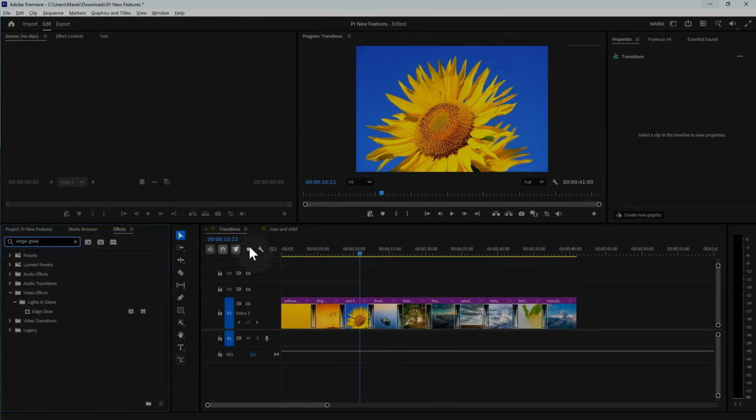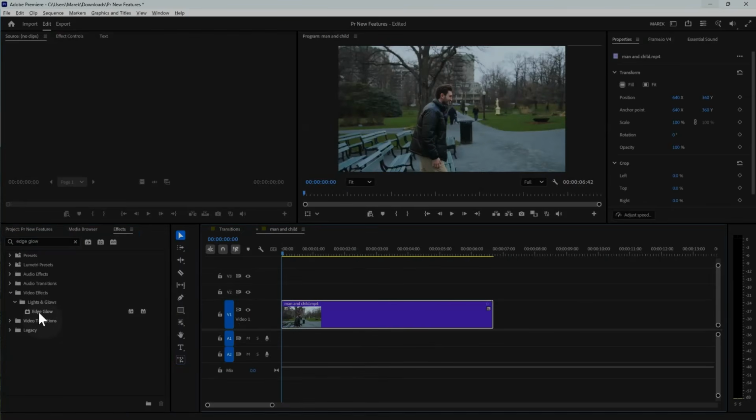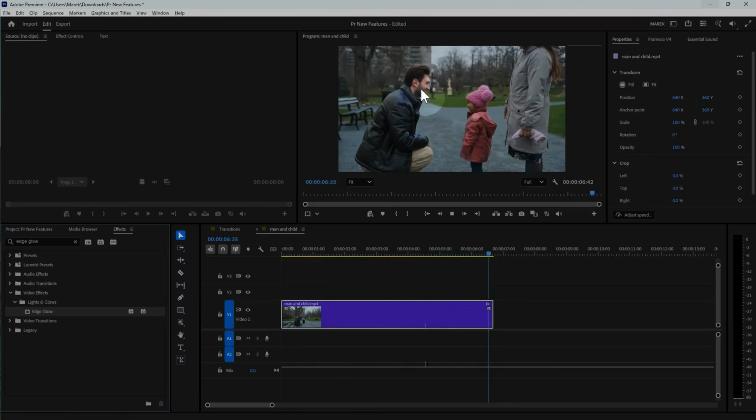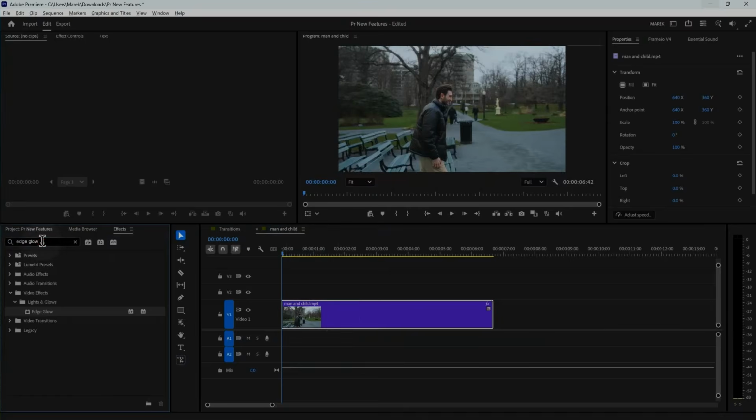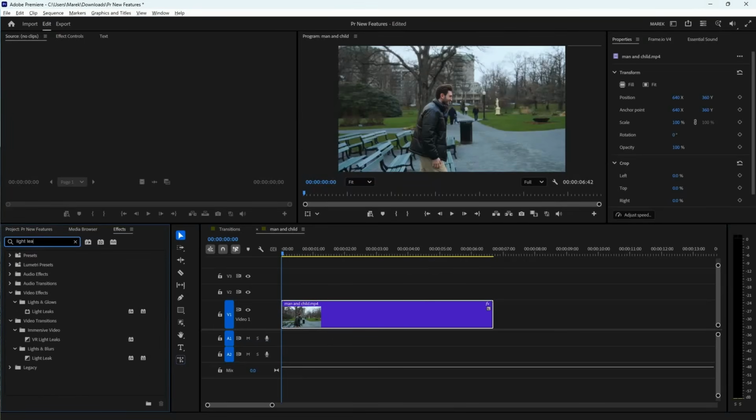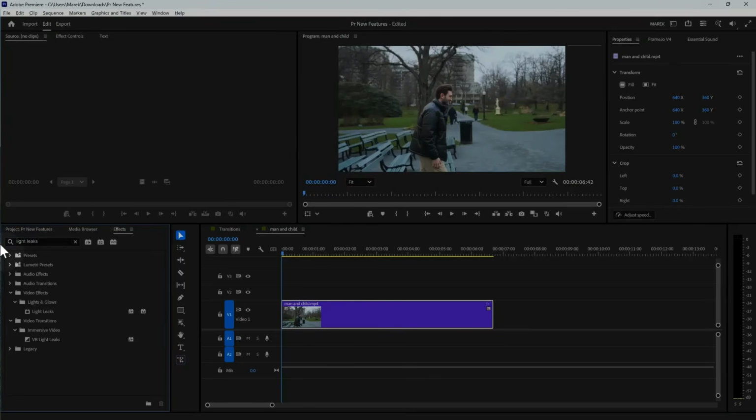So say if I apply it to this video here, just quickly, just on the video itself, if you look closely at the video, just play it, look at this glow on the edges there, just around the objects in the video. May not be super visible in the video in here. Or we got light leaks, might be better. So if I do light leaks in here and apply it there,